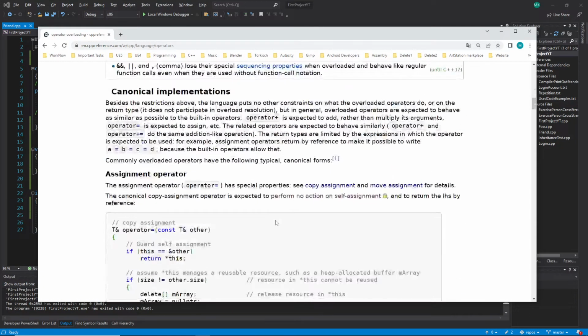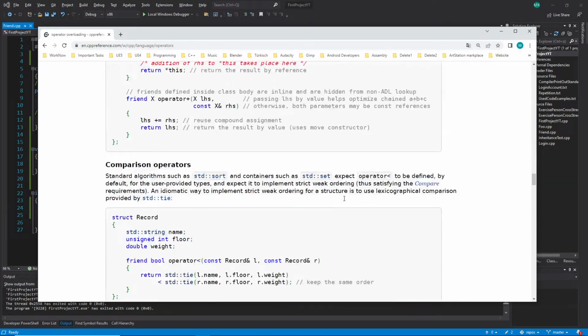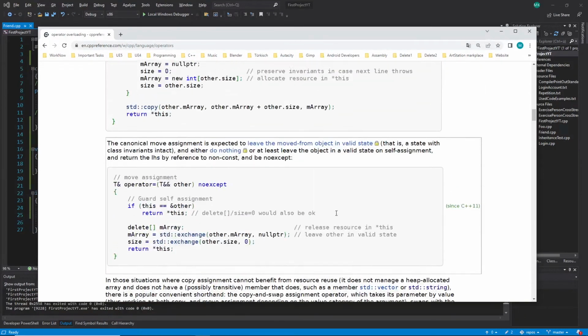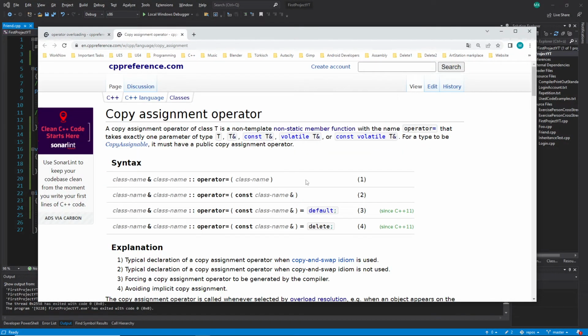Let me show you this one more time. When we scroll down, you can see we have many examples, but all these examples are really use cases with different combinations. For example, we have this operator equal, but what they are telling you later in this example is more a copy assignment, a move assignment. And this copy assignment, move assignment is a topic for itself, which comes in classes, because every class has something like a copy assignment